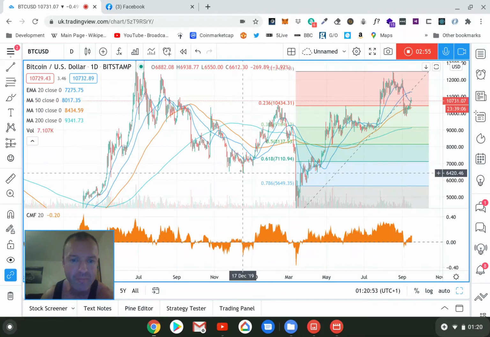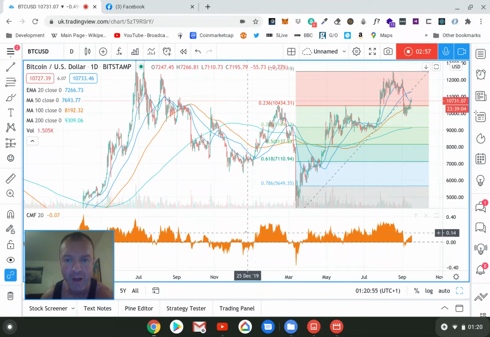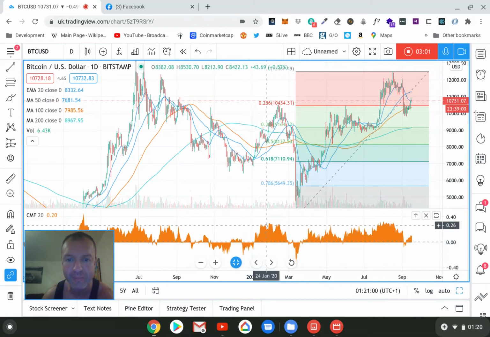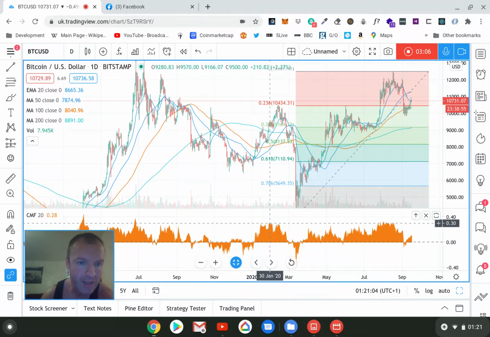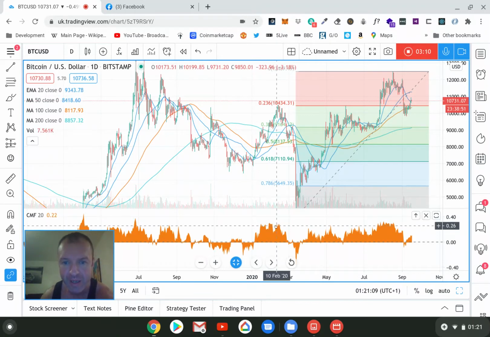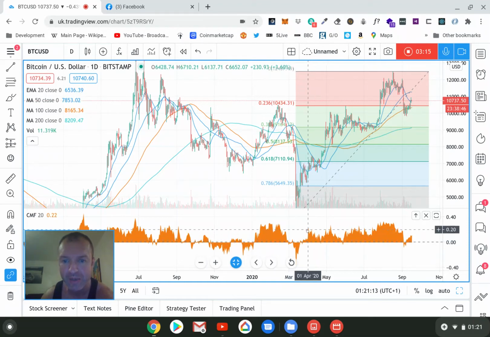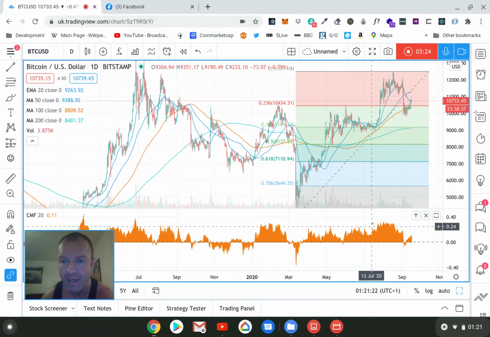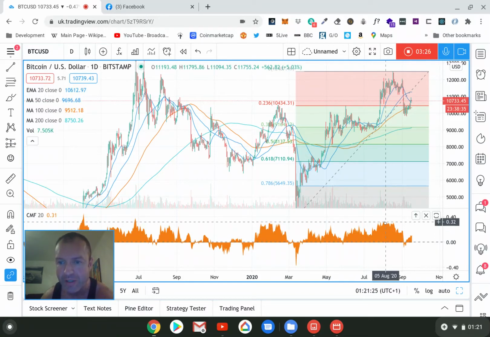We double bottomed in December. I think that was the bottom of the market. So then we really started to begin to look bullish in January and February, and we came right up to 30, which is a very positive read. Last year, we didn't get much higher than 30. We got to 37. And then we came down again, but very quickly we went bullish again on the Chaikin money flow. And we've been up to 26, and then we went back down to negative and then back up quite quickly again with highs of 32.